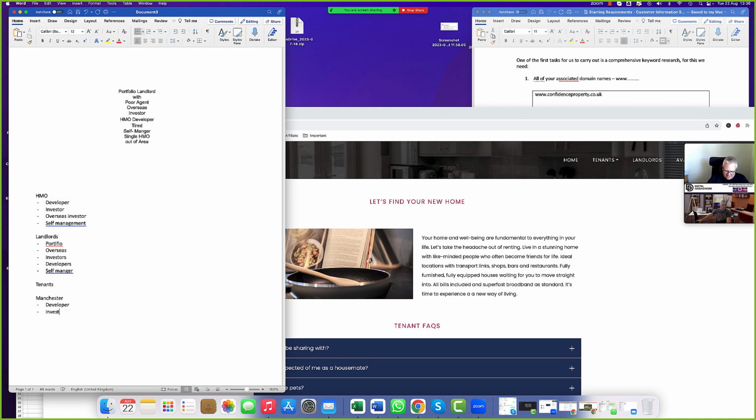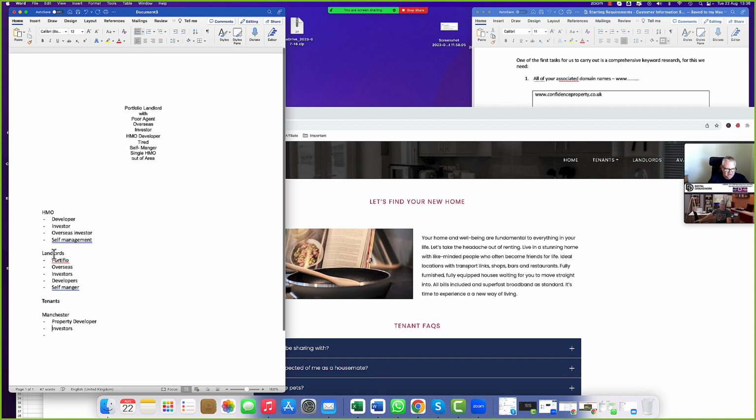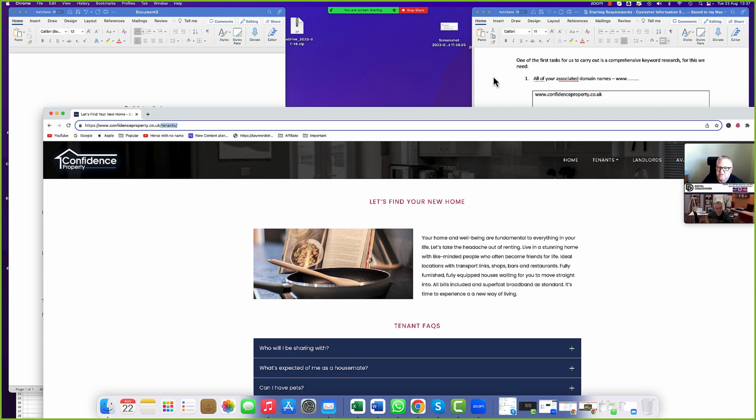Investors in Manchester. So obviously these would be property. So you'd have to put property in front of all of them. Yeah. So that again, landlords, property landlord. You need the word property in there. And HMO would probably be HMO investor, HMO developer, and so on and so on. Yeah. And then what I'd do is I'd go to his other list here,